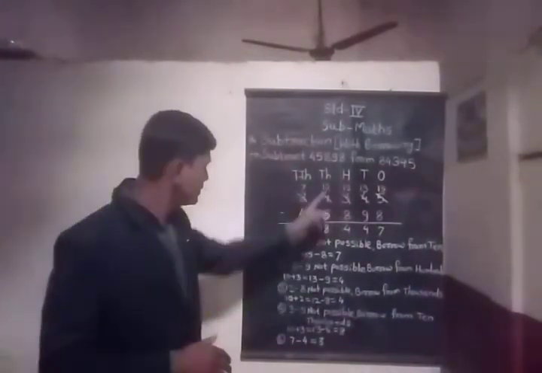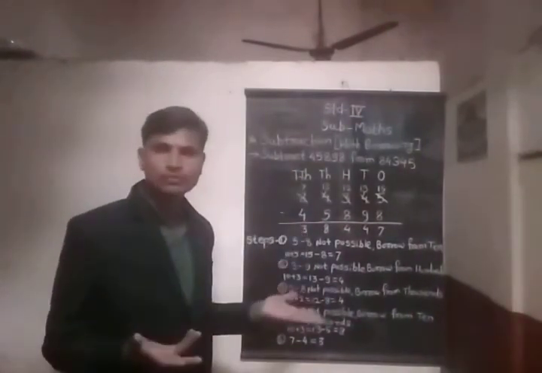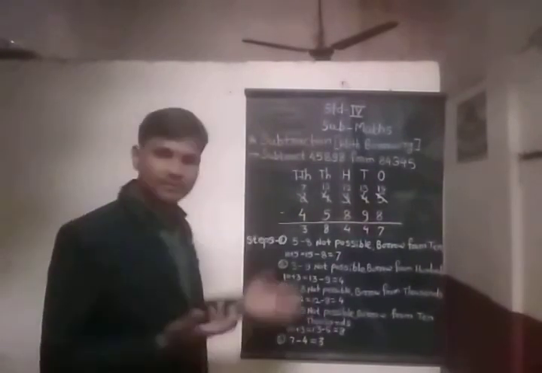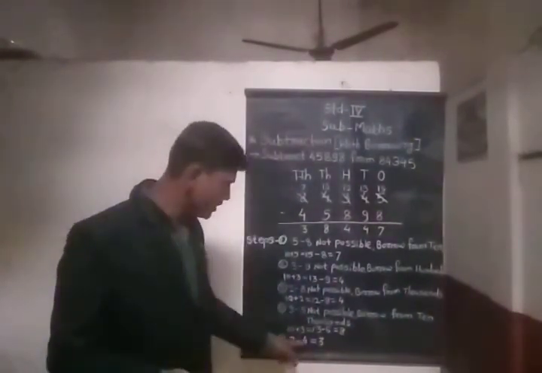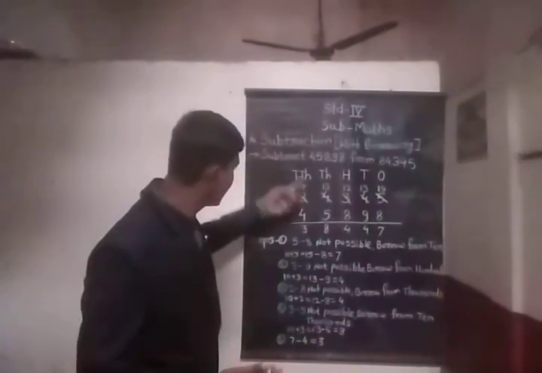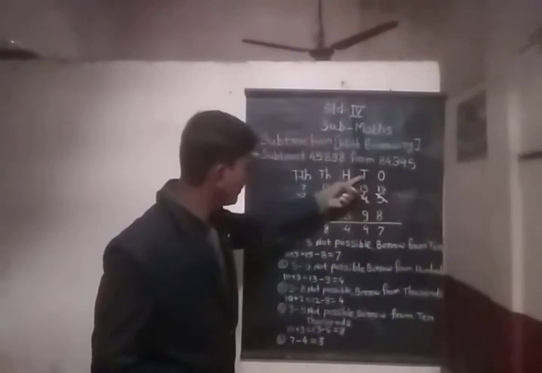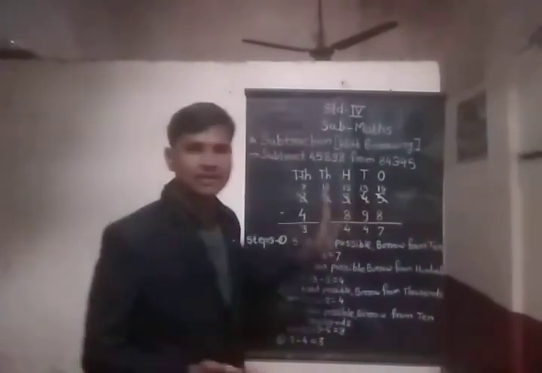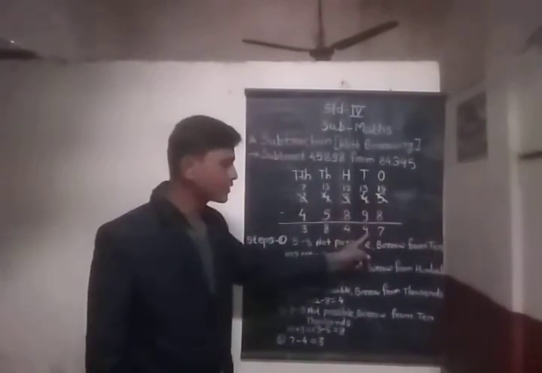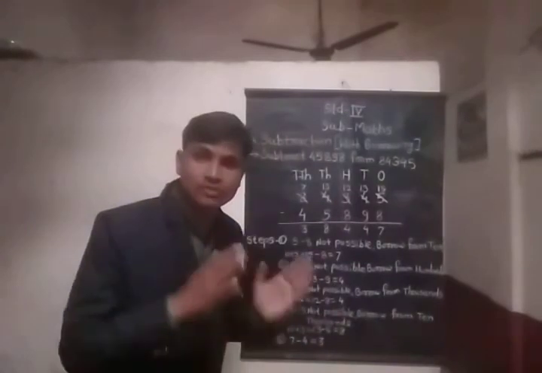Next place now: 13 minus 5 is 8. Next place, 7, and 7 minus 4 is 3. Here we have seen that borrowing is not required, since 7 minus 4 is possible. 7 minus 4 is equal to 3. So here what remains? See, 3 ten-thousands, 8 thousands, 4 hundreds, 4 tens, and 7 ones. So the total answer is 38,447.